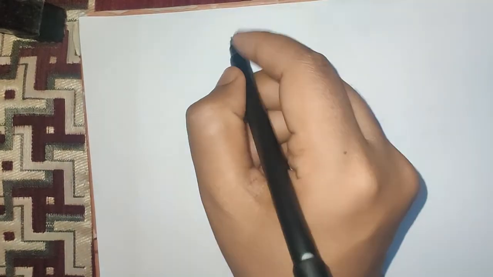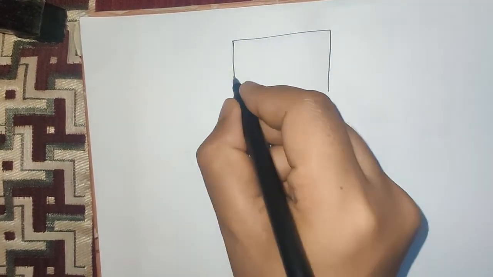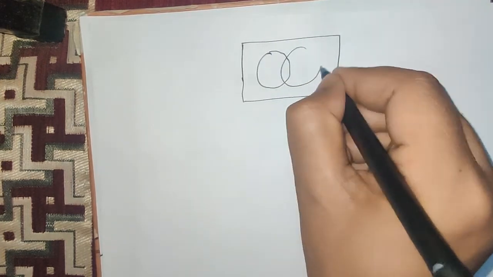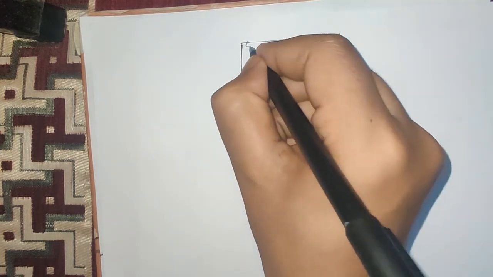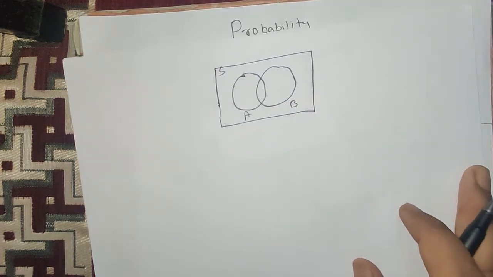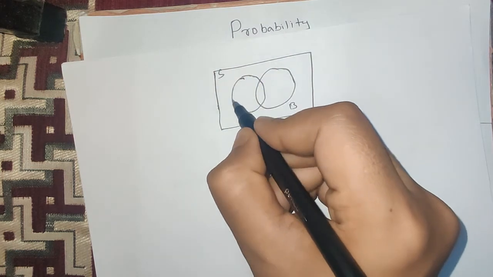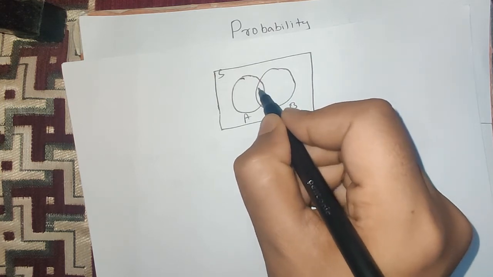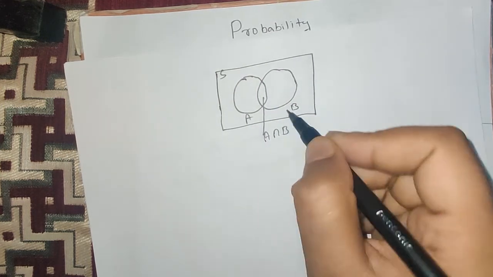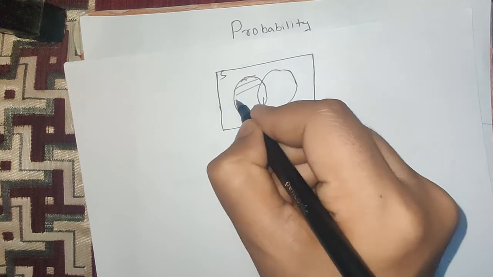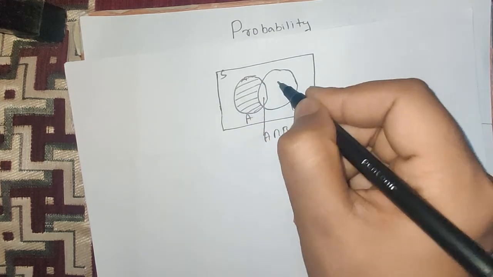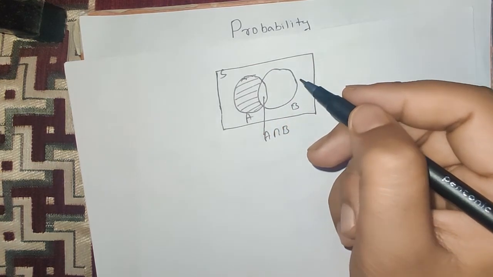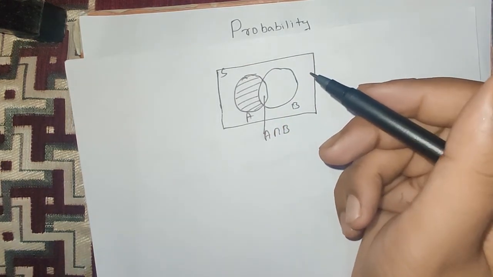So we will discuss it through Venn diagram, with more details on the algebraic operations of events. If this is A and B, and this is the sample space, then the occurrence of only A is this: the occurrence of A, minus the occurrence of both A and B, that is A intersection B. So the occurrence of only A will be this. Similarly, the occurrence of only B is this.